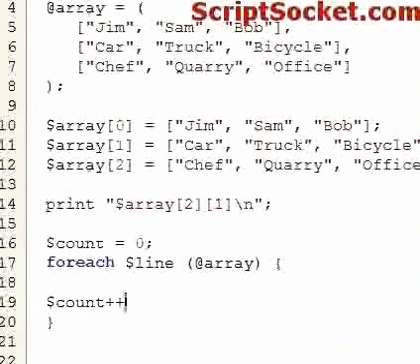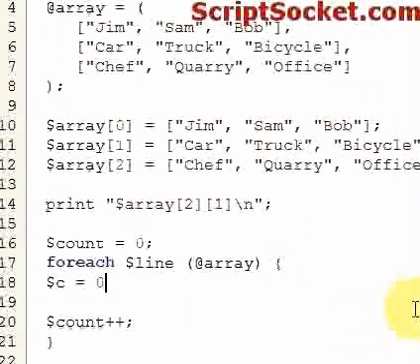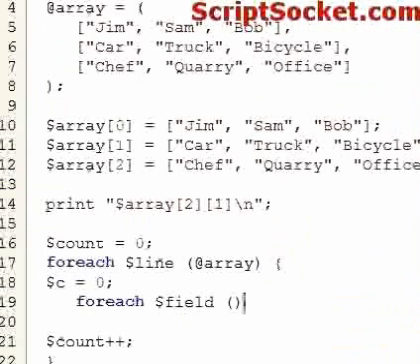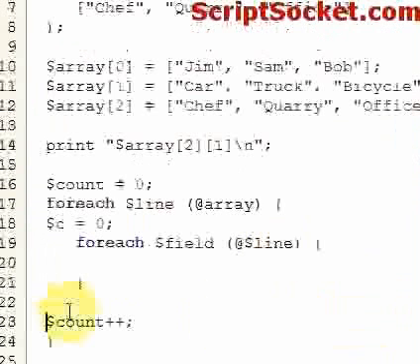Okay, so now inside our for each loop we create a new counter, so let's just call this one C and create another for each loop, and this is for each field. Okay, so another for each loop, and then we increment the counter,